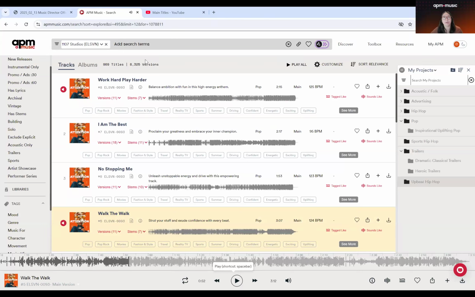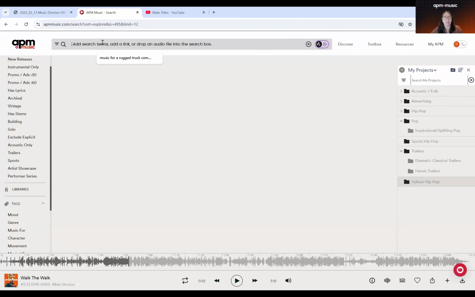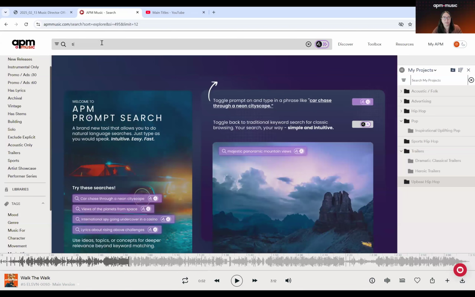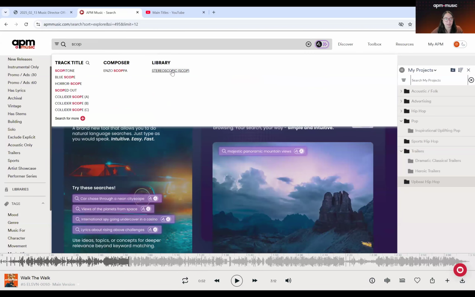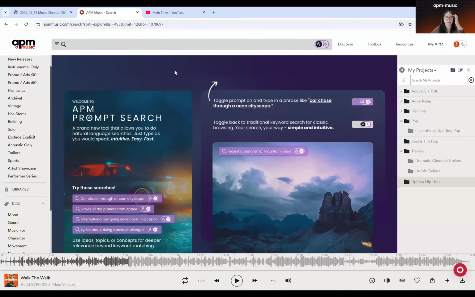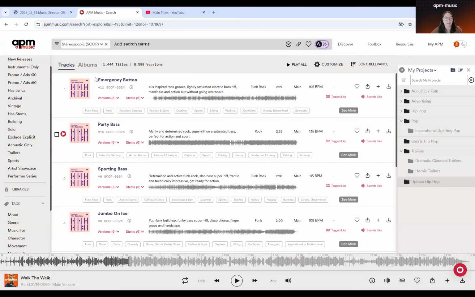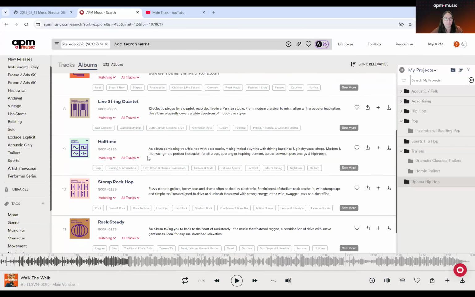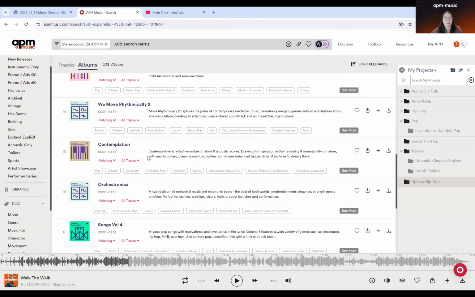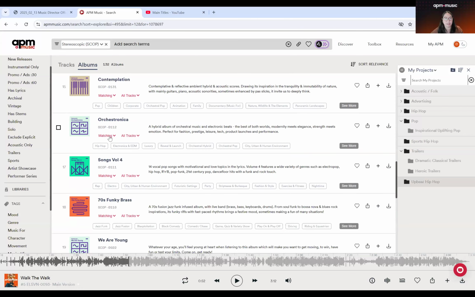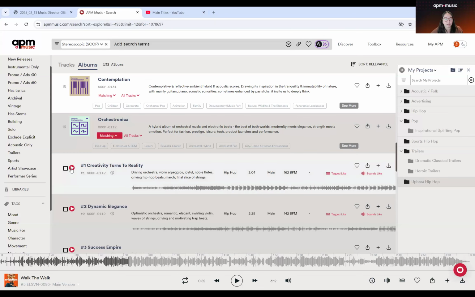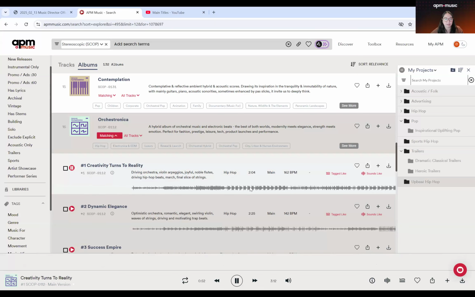And then one that I would point you to for contemporary corporate music would be our library Stereoscopic. The abbreviation is SCOP. I just typed it in and then picked it from the predictor that dropped down right there. And they have a lot of different styles. But something that I go to them a lot for is this blend between orchestral and electronic music, or electronic elements. So stuff like